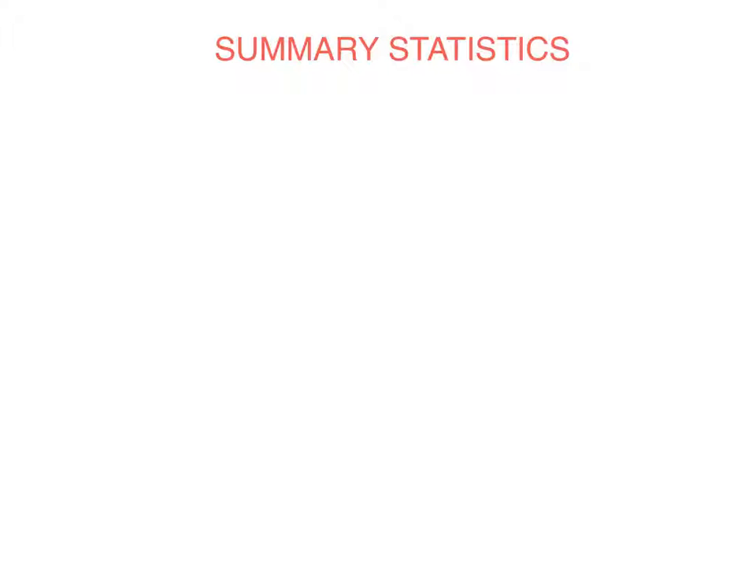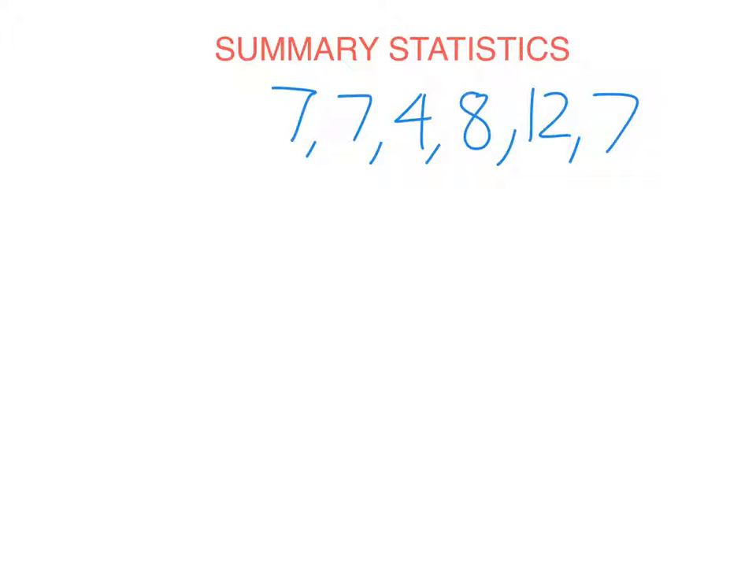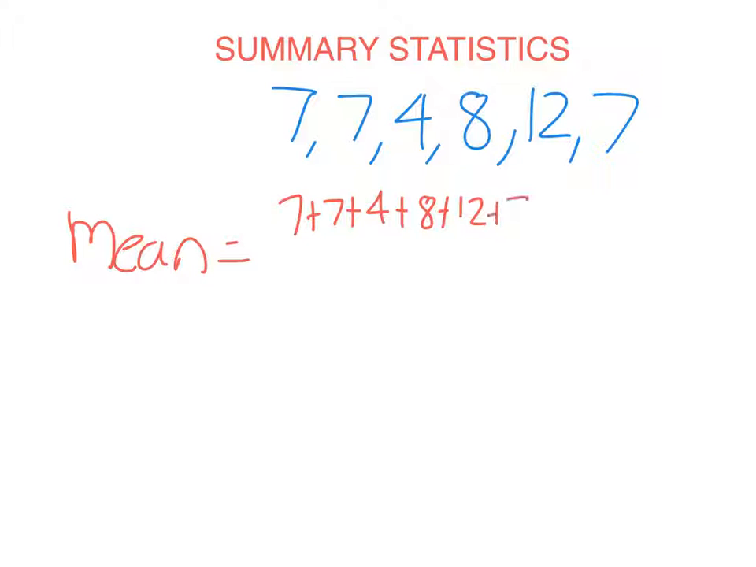So let's just say I have a random set of numbers. Let's say 7, 7, 4, 8, 12, 7. Okay, so the first 3 that I'm going through you know about already. So you remember the mean. To find that out, you just add up all the scores and divide by how many there are. So in this case there are 6 scores, which is why I'm dividing by 6. And so here the mean is just 45 over 6, which is 7.5. Of course, the mean doesn't need to be one of the scores, and it doesn't need to be a whole